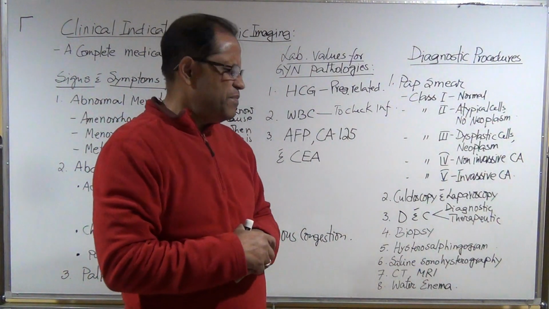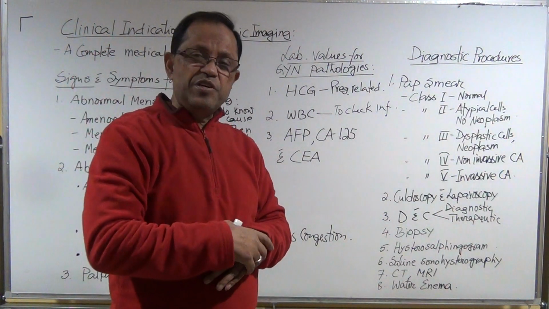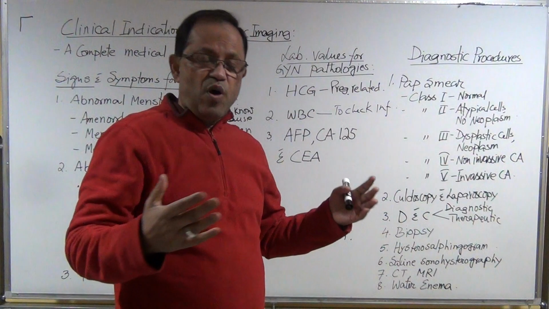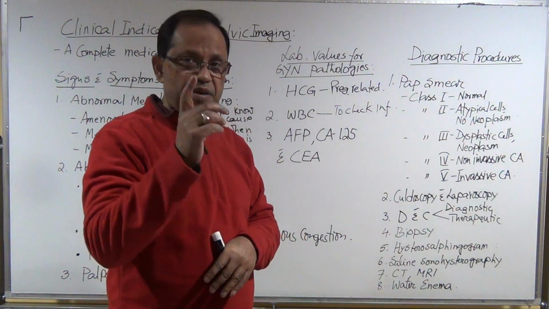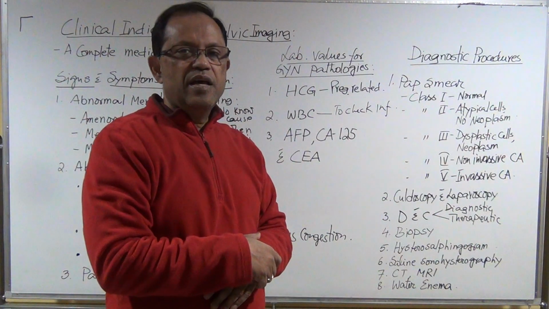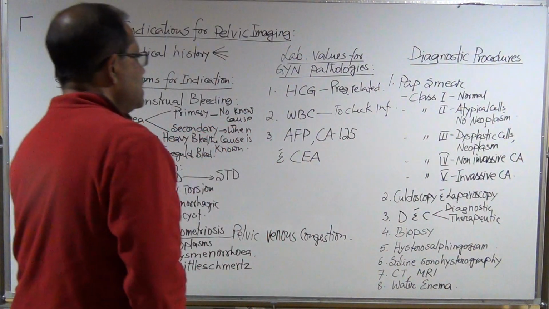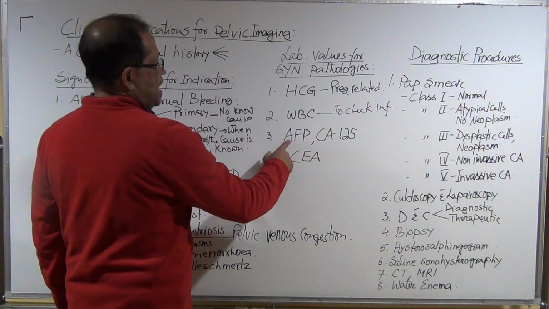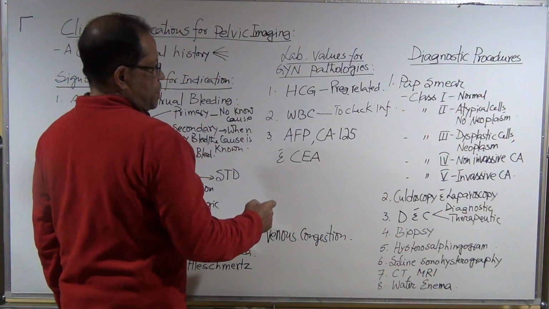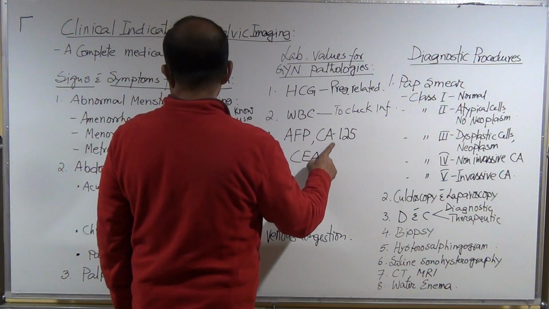The patient will have severe illness, a high rise of temperature, nausea, vomiting, anorexia, anemia, a very high WBC count, and serious pain in the lower abdomen, okay? Then alpha fetoprotein, AFP, then carcinoma antigen